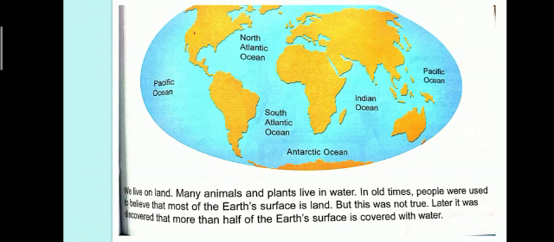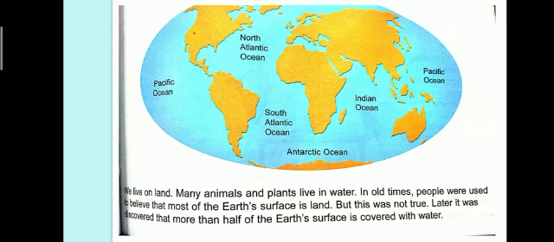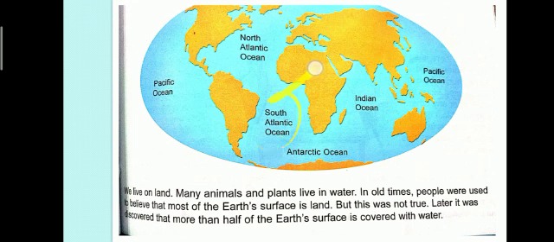there are different areas of water which are divided into different oceans. The names of these oceans are the Pacific Ocean, which is the huge portion of them all. Then the North Atlantic Ocean, Indian Ocean, South Atlantic Ocean, and Antarctic Ocean. There is one another ocean which is above here, that is the Antarctic. That is the Atlantic Ocean. This is the Antarctic Ocean, and that is the Atlantic Ocean.